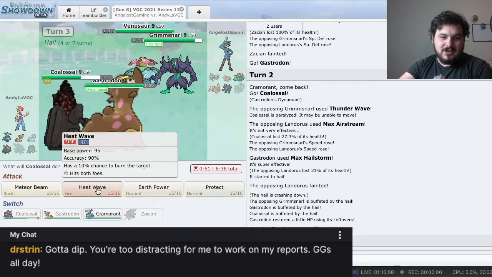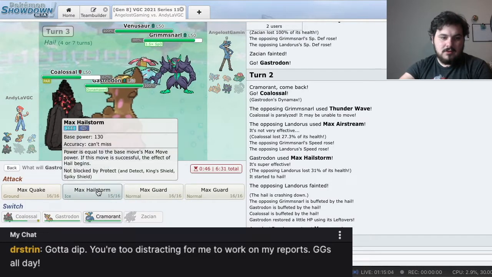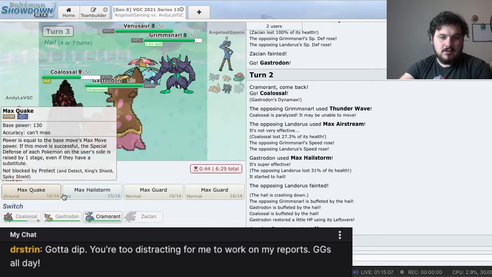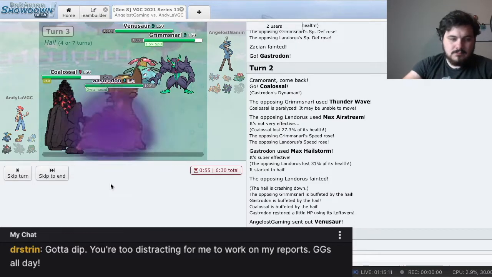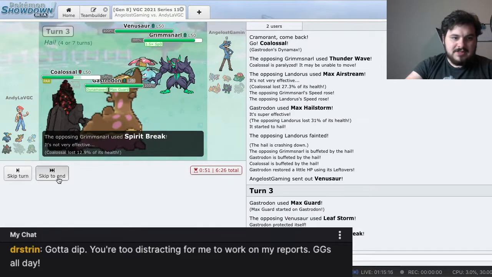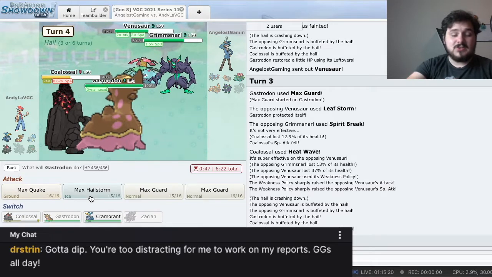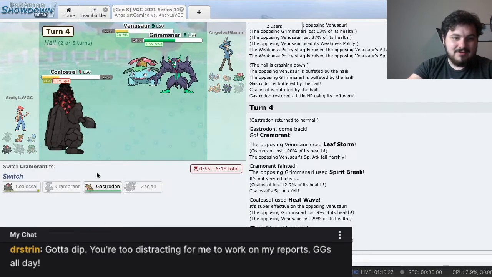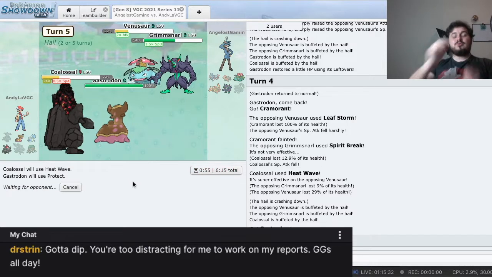This Venusaur is annoying. Let's try this. That's what I thought they were going to do. That Spear Break actually kind of... Oh my god. Why are people running Weakness Policy Venusaur? Guys, Weakness Policy Venusaur is not good. Stop it. Stop trying to make it happen. Brother. Could you please...